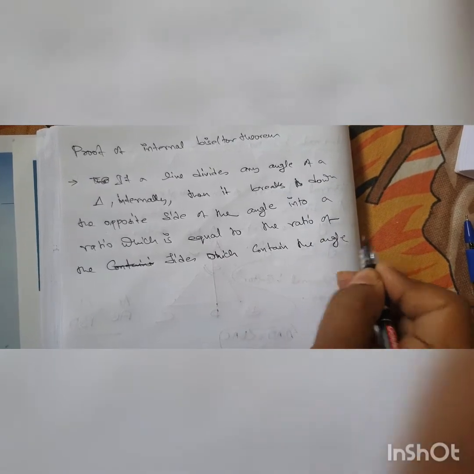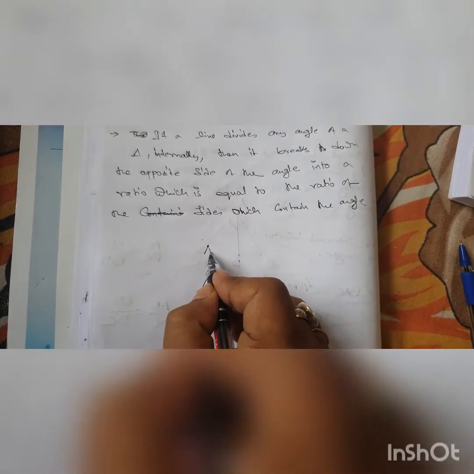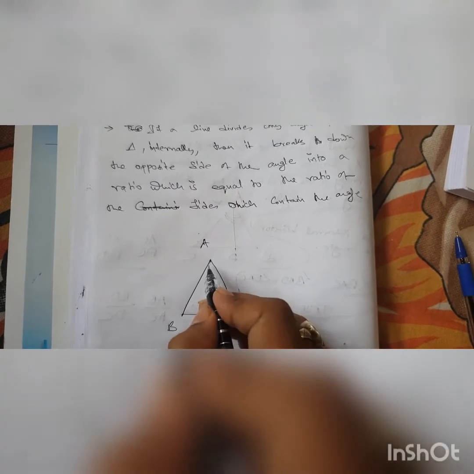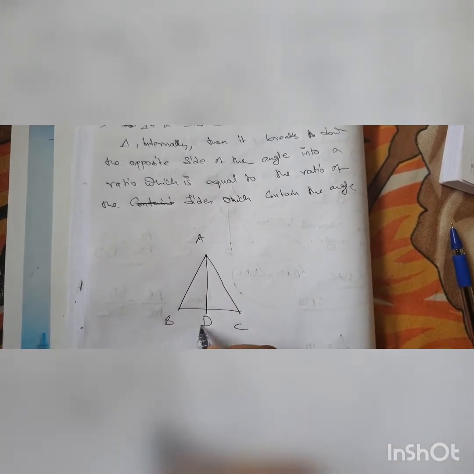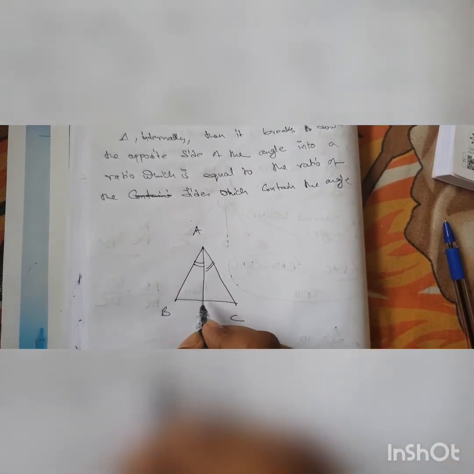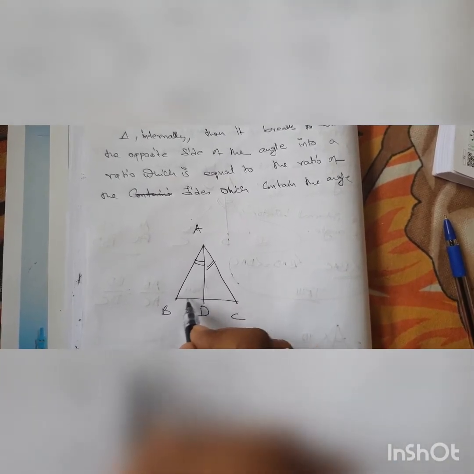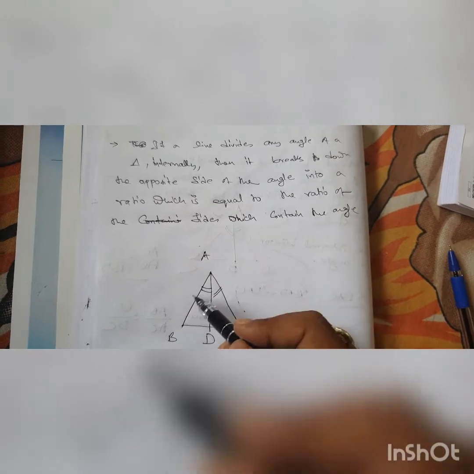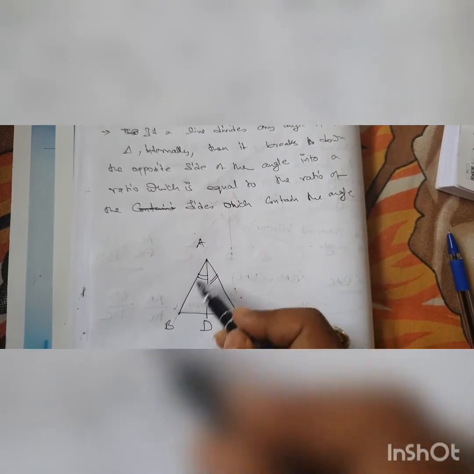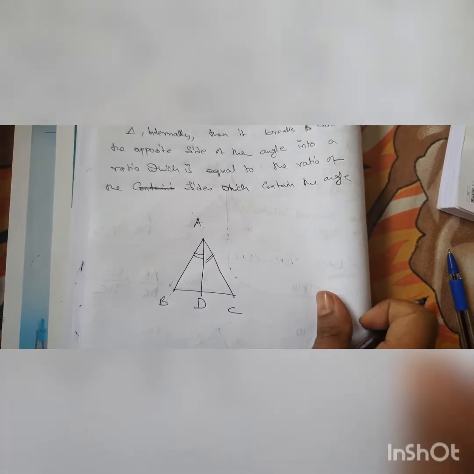So that clearly means that if ABC is a triangle and if AD is the bisector of the angle BAC internally, then BC is the opposite side of the bisected angle. So BD will be broken down in such a way that it is equal to the ratio of the containing sides. AB and AC are the sides which contain the angle. So in that way it is written. Okay, that is the meaning of the statement. Now how to prove it?